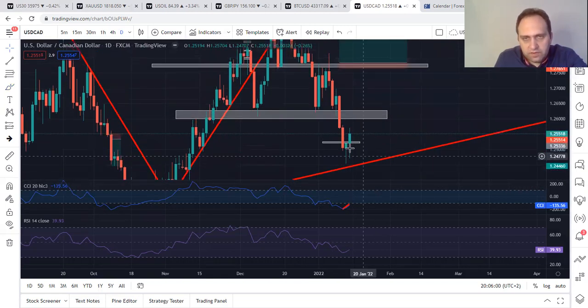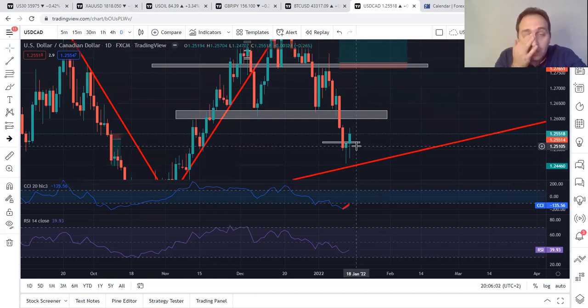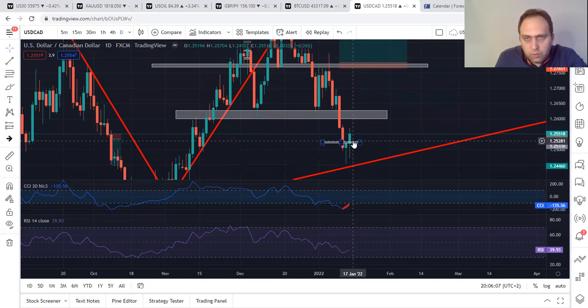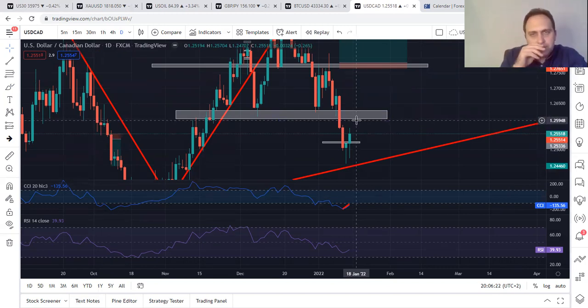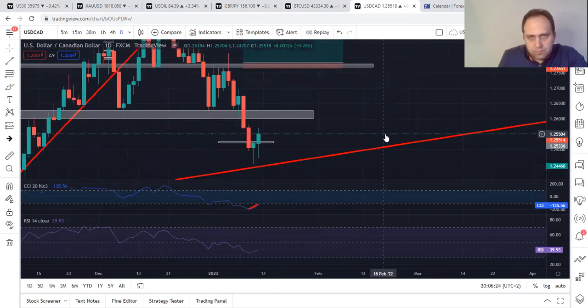So here we have a daily look also. Wow, we have a daily rejection and wick down, and then poof, it was a super trade. Now we should see if we have a wick down and then it's starting to move up, you can take the trade starting 1.2555 till 1.2595, almost 40 pips for the daily.